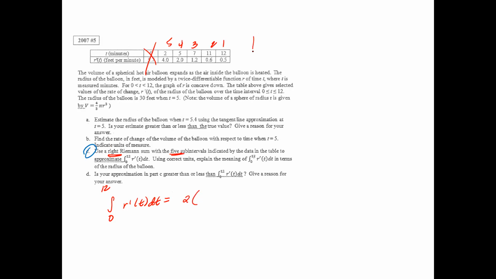I mean, if you really think about this, one of them is going to be the height, the other one's going to be the base. Well, actually, this is more like a rectangle, I should say. To find the rectangular part, it's base times height, so you would have to multiply that through. Your base in this situation is going to be 2, and your height is r prime of t, so that's 4. So 2 times 4 plus